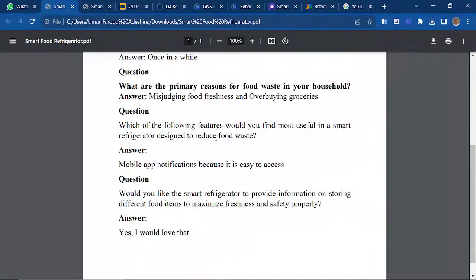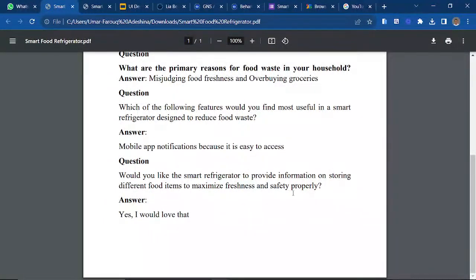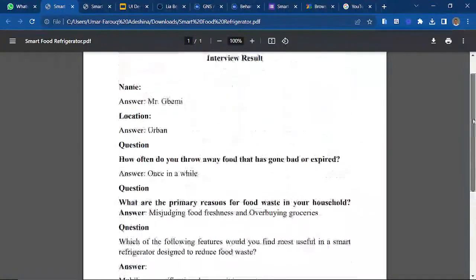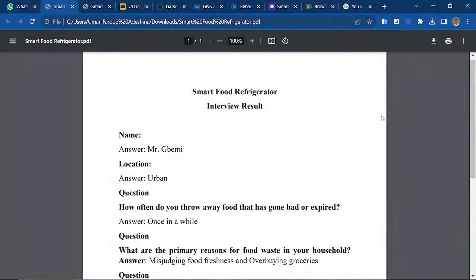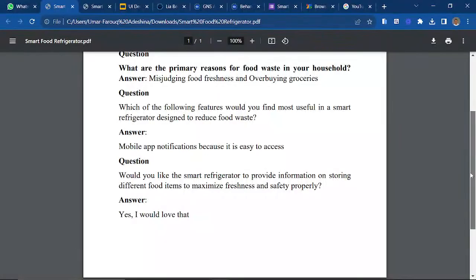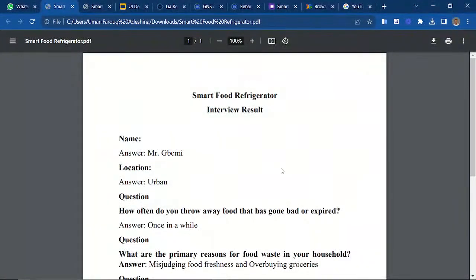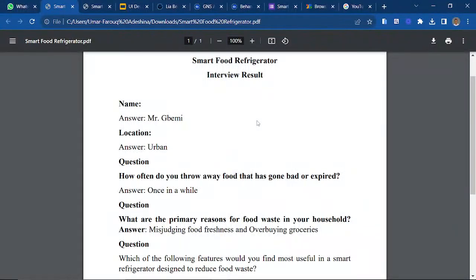And which of the following features would you? He also made mention of mobile app notifications. Would you like to? Also said yes. And this is all. Also, since we have very, very similar stuff, I don't think it will be necessary to also work on that kind of thing. What will be the difference here would just be the name, right?